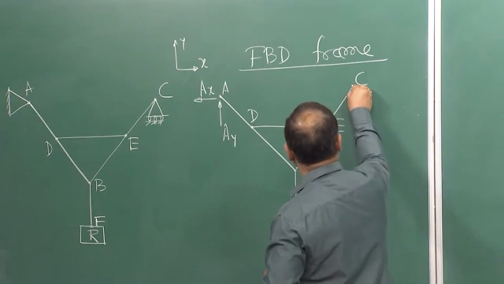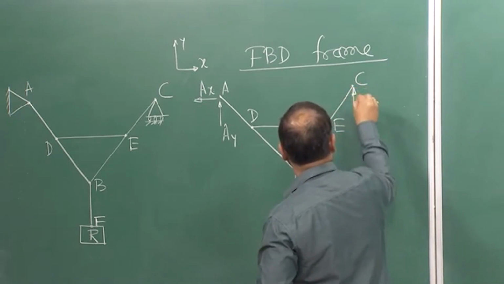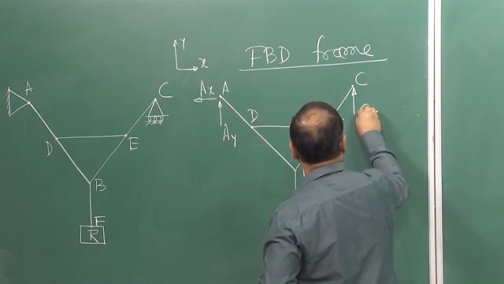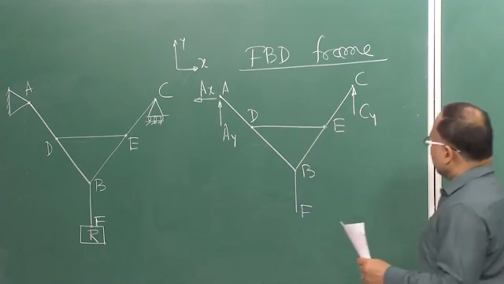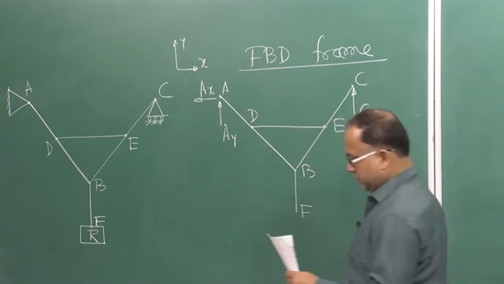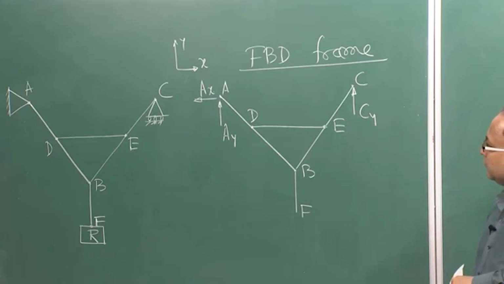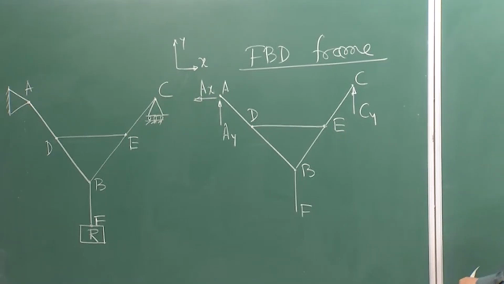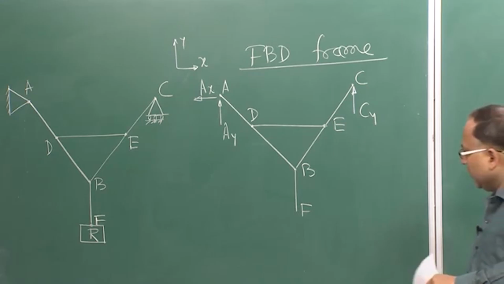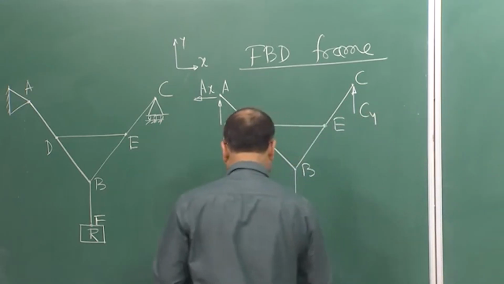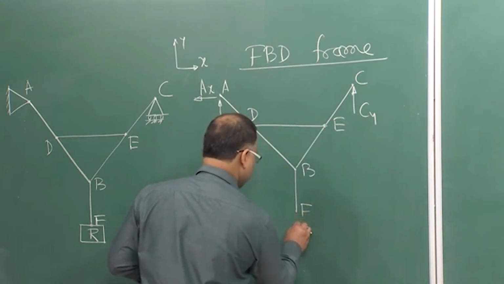Similarly, at C, this is the roller support, so only vertical reaction, right, only the vertical reaction, okay. And at point F,